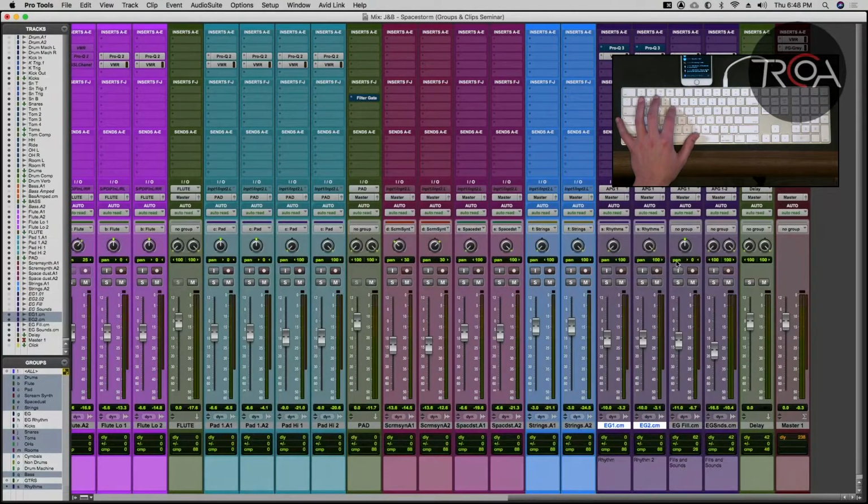Now, this is a subgroup underneath a larger group. So if I turn on the large group, this is still a small one, but then I press R. You see on the two that have a subgroup under it, it changed that R to a capital R. So anytime you see a capital letter to the left of your group,